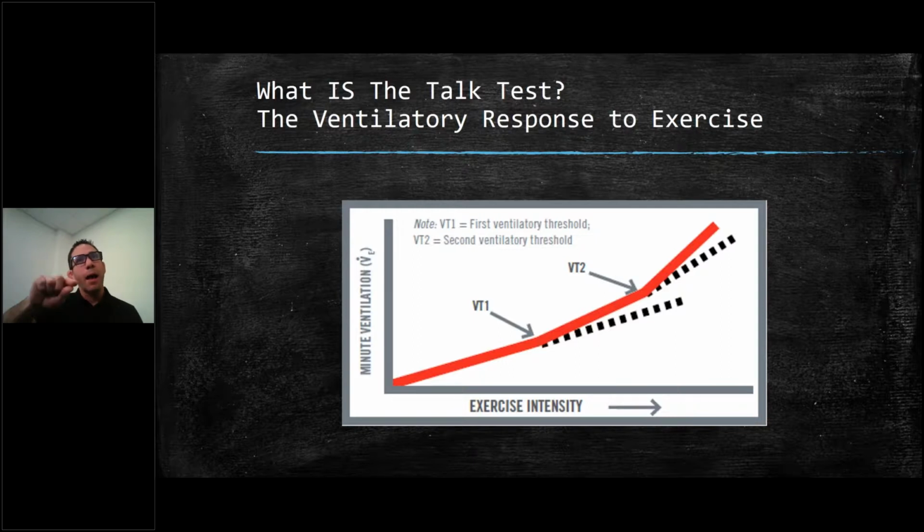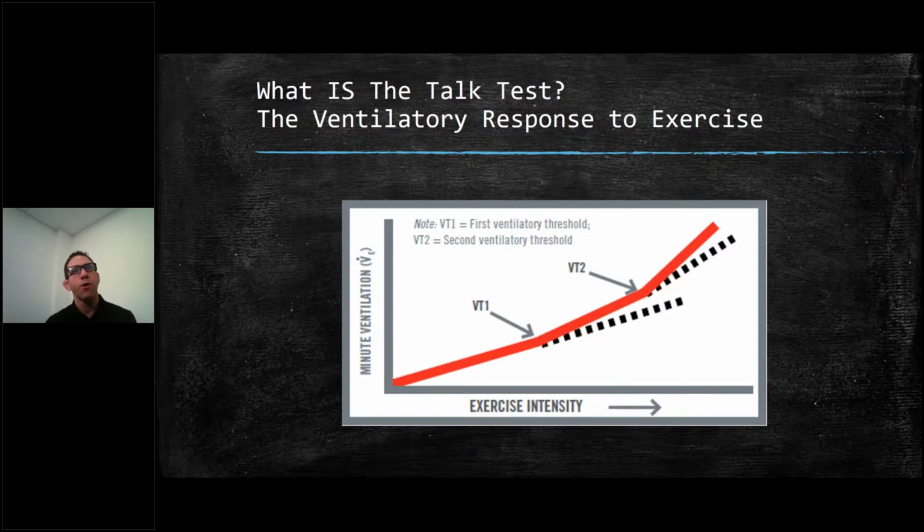And then again, that happens again when you reach VT2, which would be greater intensity, as you can see, and then ventilation, hyperventilation occurring. And at that point, it's to blow off the excess CO2 that we need to get out of our system. Interestingly, also, Dr. Percari mentioned that